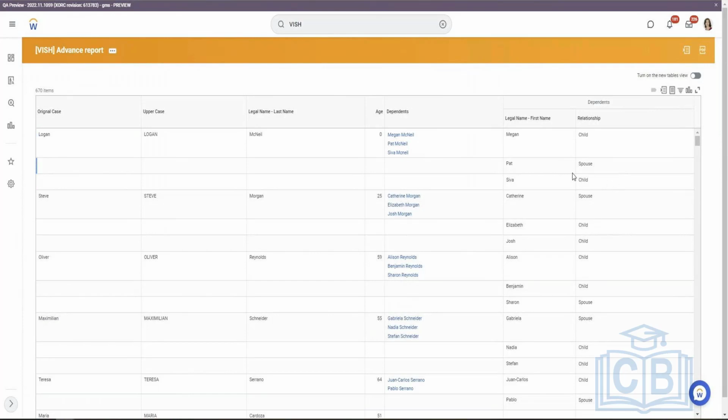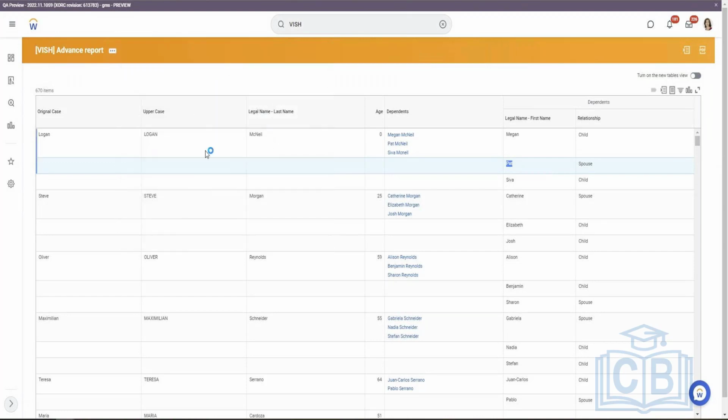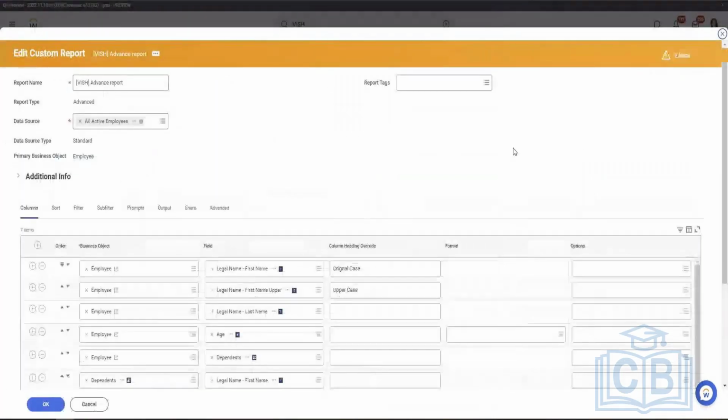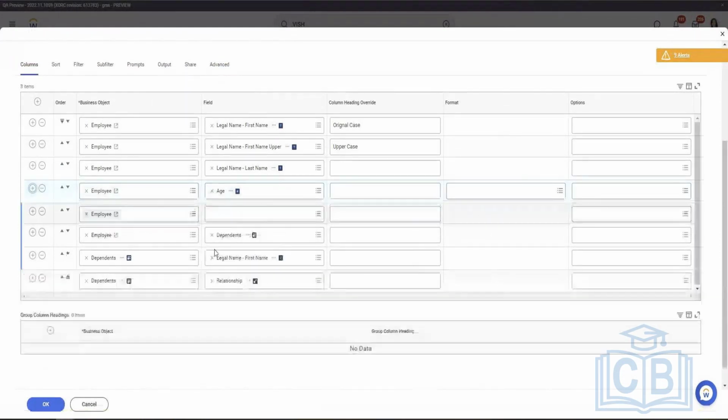And now assume that you just have to bring this information in this field. Instead of coming in three different fields, you wanted to bring spouse in one, somewhere on this row, and not the three. So in order to do that, we have different functions, different calculated fields, and this is a different object, by the way, the dependent is an object. So I click on the plus, I go here to create calculated fields,